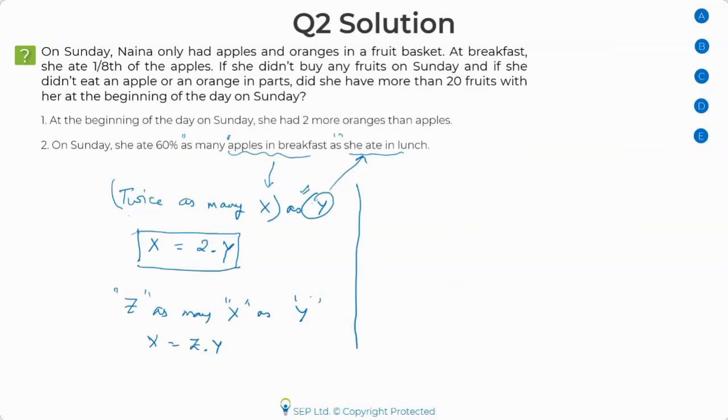Okay, so here I have apples in breakfast and 8 at lunch. Okay, so if I exactly set it the way it's given here, I need to write it like this: apples in breakfast is equal to 60%, because see, 2 times something. So in this case, I have 60%, so I write 60% of what? Whatever apples she ate at lunch.